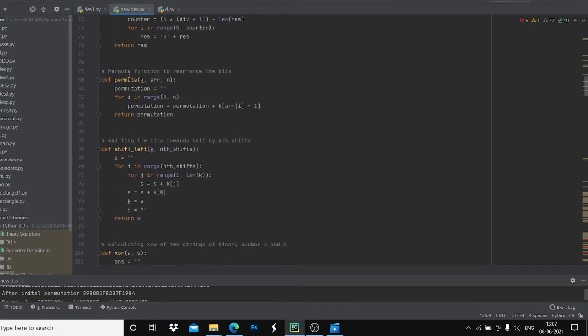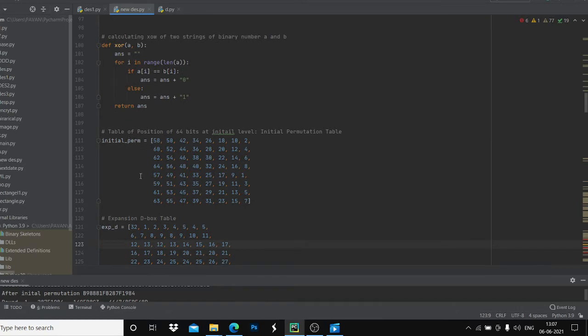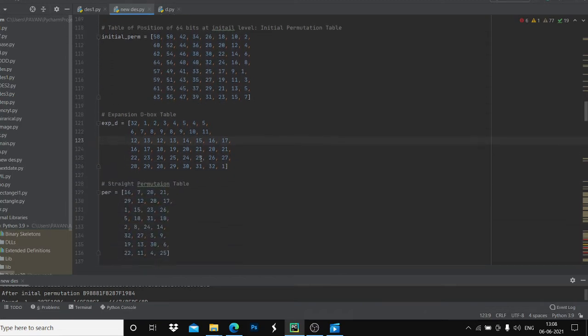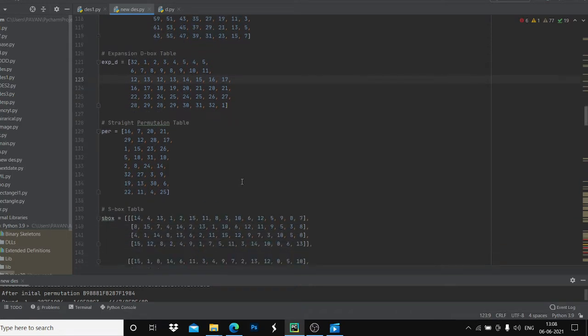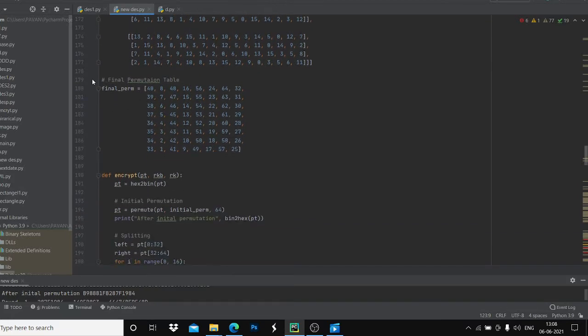Before going through these functions, we'll see some topics we covered in the previous video. That is the initial permutation. When we enter a plain text, it goes through the 64-bit initial permutation, and after it we get 64 bits. So this is the initial permutation, and this is called the expansion permutation. After the initial permutation, we transfer our bits into the expansion permutation and we get 48 bits. And this is the final permutation, and these are the S-boxes. These are the S-boxes, and this is the final permutation.